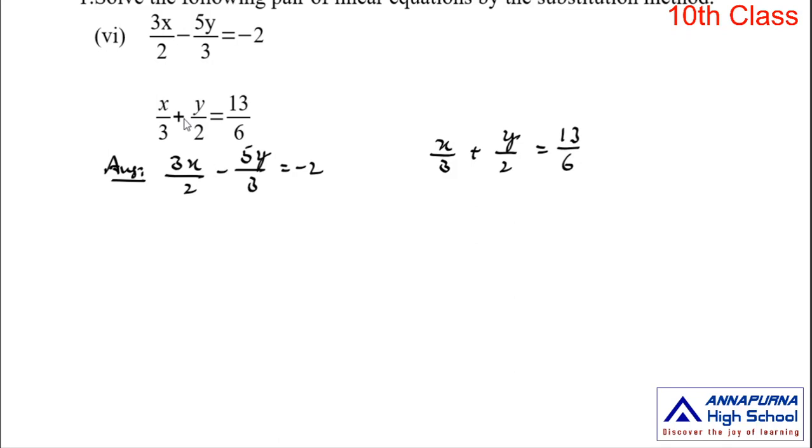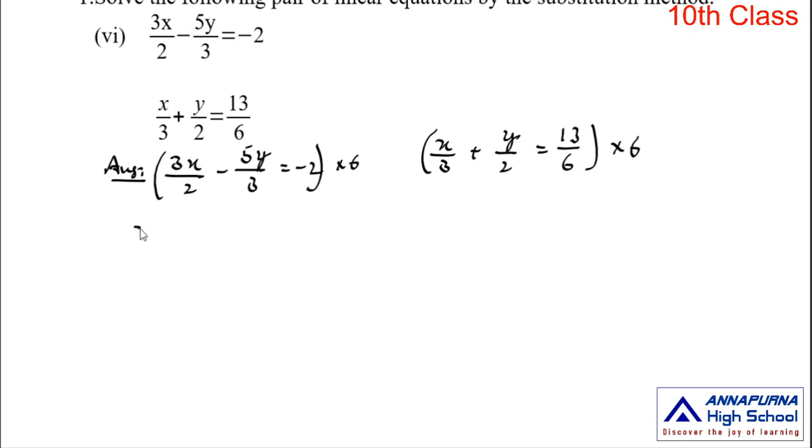When you observe these two equations, all terms have rational coefficients. First, change the rational coefficients to integral coefficients by multiplying with a constant. Here the first equation is completely multiplied by 6, and the second equation is also completely multiplied by 6. Why? Because the LCM of the denominators of the first equation, 2 comma 3, is 6, and the LCM of the denominators of all the terms, 3 and 6, is also 6. So I multiplied these two equations by 6 only.